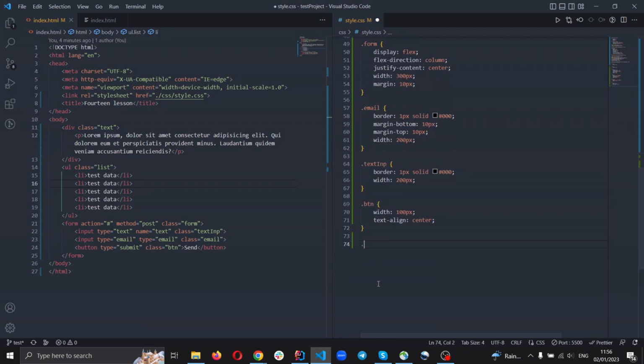We refer to our class and put a colon and without any space write the name of the pseudo-class. And first our pseudo-class will be hover